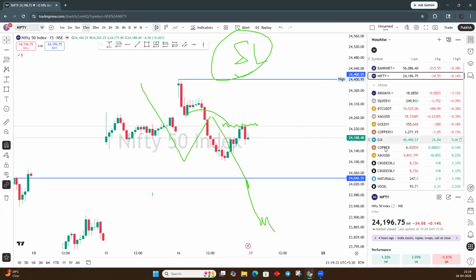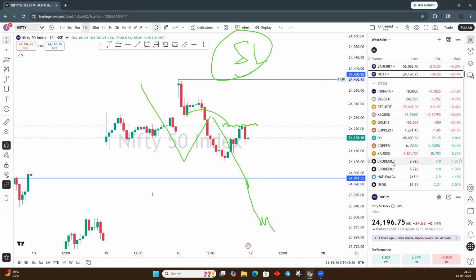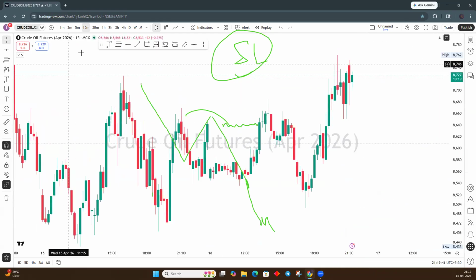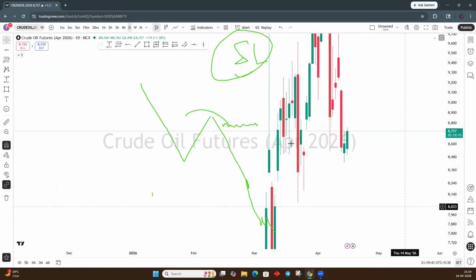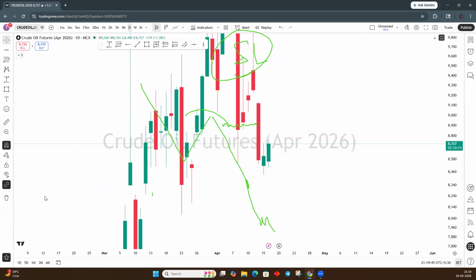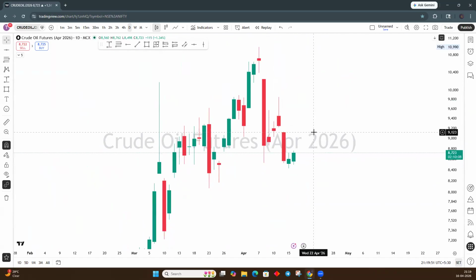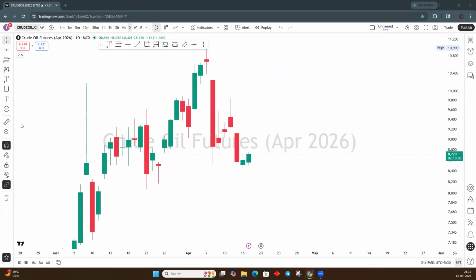Now we will shift to the next commodity, that is crude oil. Today crude oil has expiry, for options, not for the futures. See here, the crude is currently showing some retracement at current levels. After giving a good fall and again a pullback retracement, the market is trying to close in green for the last 2 days. What does it mean? That there is some bullishness or buying happening,